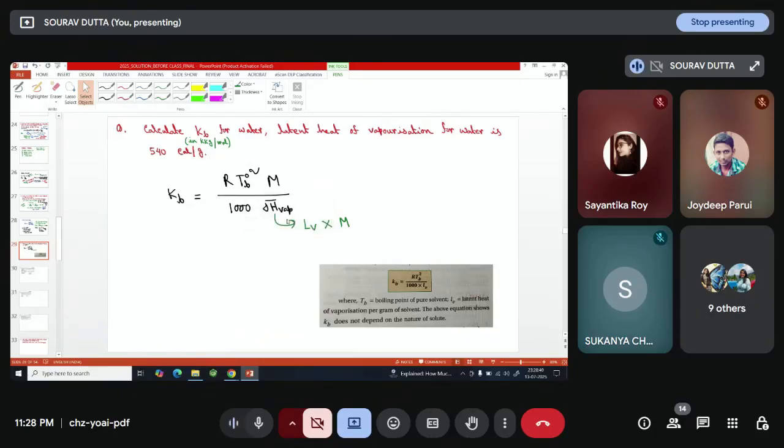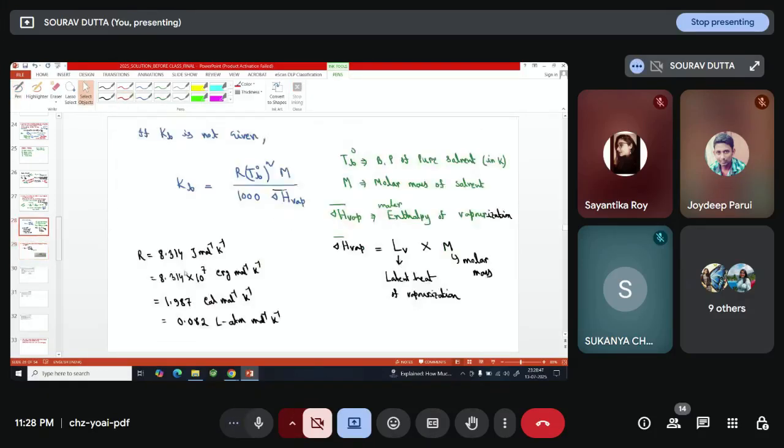আচ্ছা R এর ভ্যালু যারা জানে না তাদের জন্য, R এর অনেকগুলো ভ্যালু হয়, এইখানে লিখে দিয়েছি আমি. If joule, 8.314 joule mole inverse Kelvin inverse, R is the universal gas constant. If you write in erg unit, 1 joule equals 10 to the power 7 erg, 8.314 into 10 to the power 7. If calorie, 1.987 calorie mole inverse Kelvin inverse. If liter atmosphere, 0.082 liter atmosphere mole inverse Kelvin inverse. এই চারটে ভ্যালু মুখস্থ করে রাখবে, অনেক কাজে লাগবে তোমার।